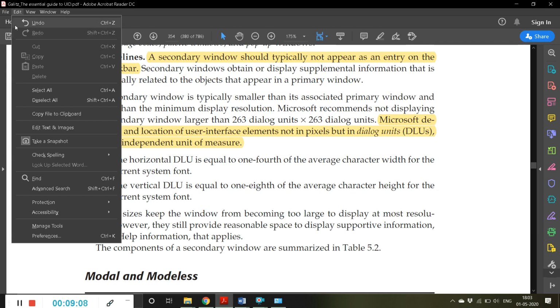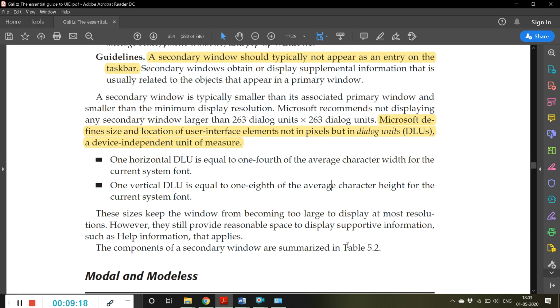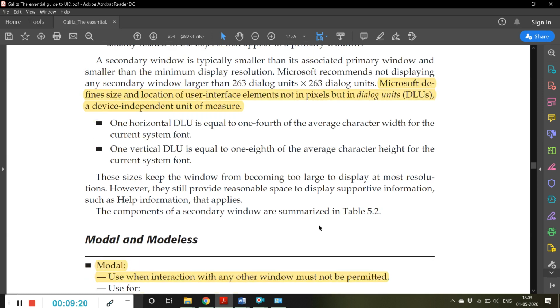No, we are not going to measure in pixels; we are going to measure using dialog units. From here to here, how many dialog units? So what is a dialog unit? A dialog unit is a unit for measuring user interface elements.